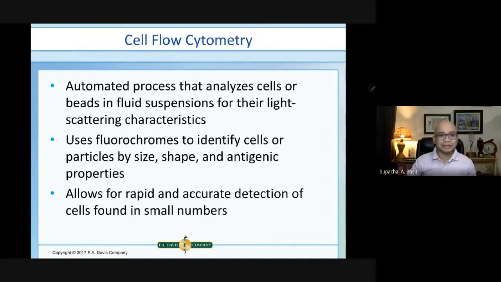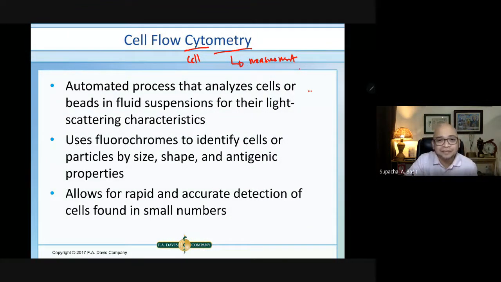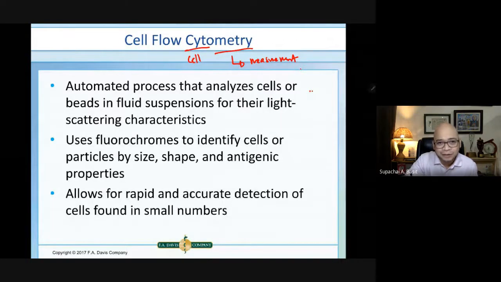The term cytometry is actually divided into two meanings, no? The cyto here means cell and metry refers to the measurement. So the literal meaning of the term flow cytometry is cell measurement. This particular cell measurement is considered an automated process. So there is actually an instrument or a machine that can do this, and this particular machine